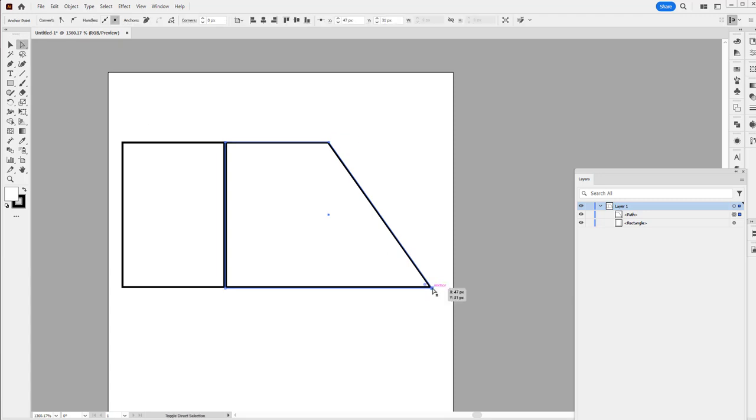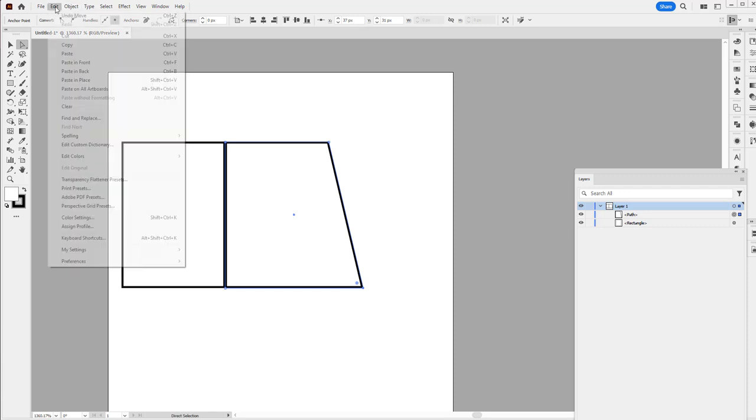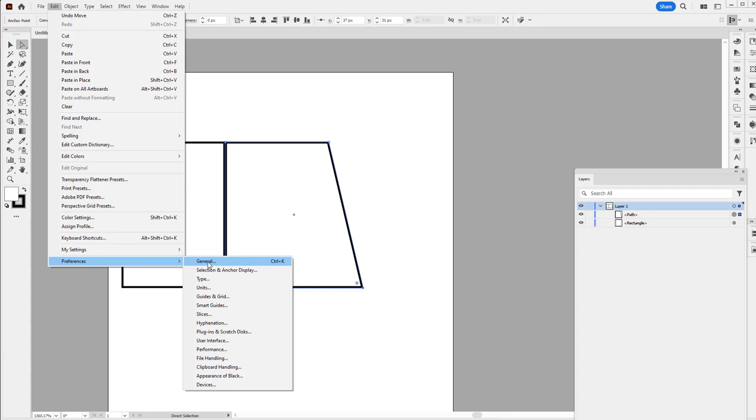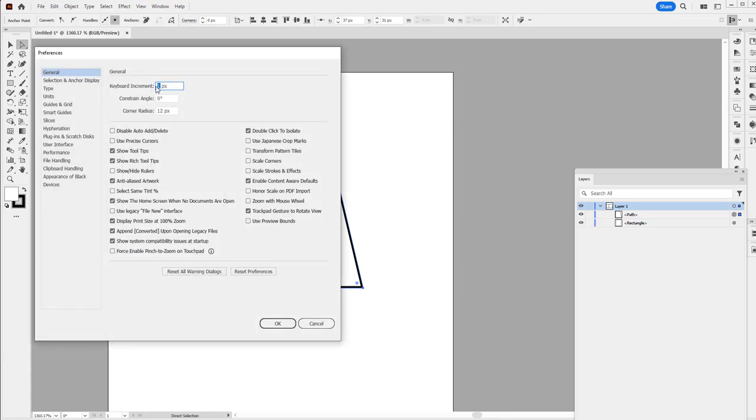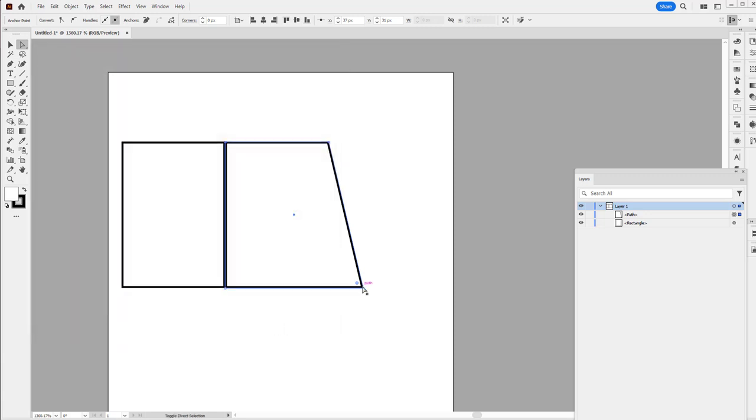So let's try. Shift, then click. As you can see, it changes the distance of each increment that you are going to do. So let's try 5. As you can see,